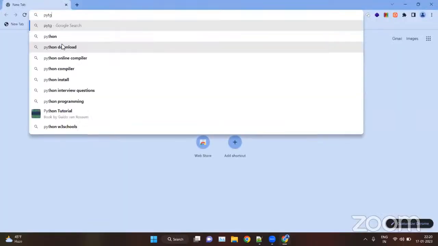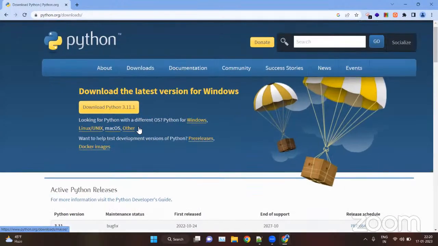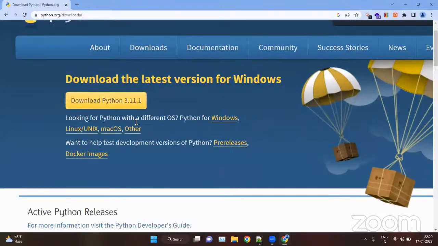Search for Python, click here, python.org, the official site. Install Python from here, version 3.11.1, the official and latest version for Windows.